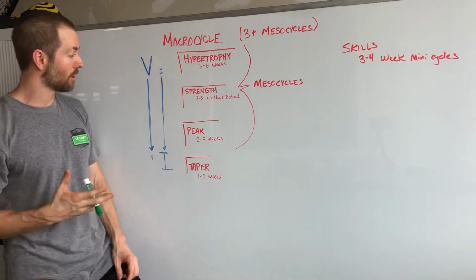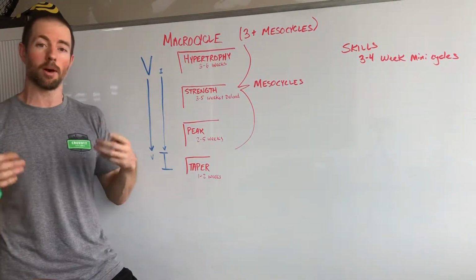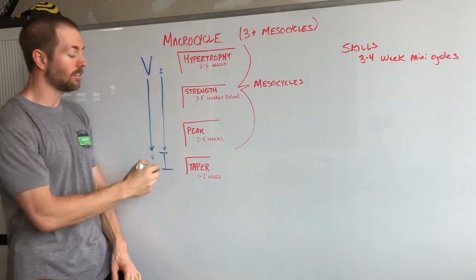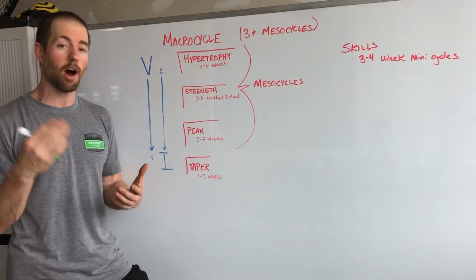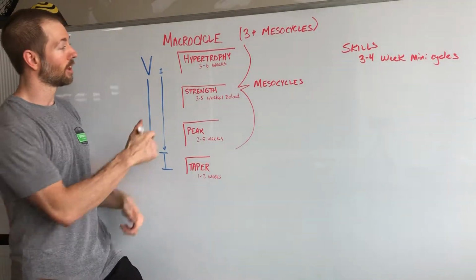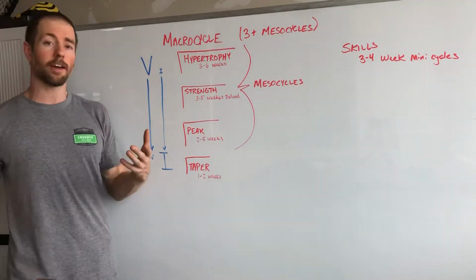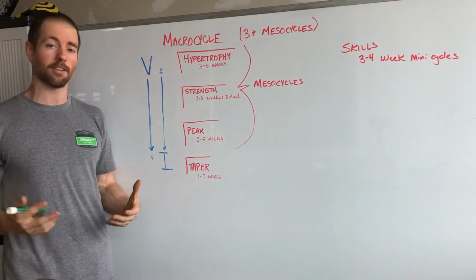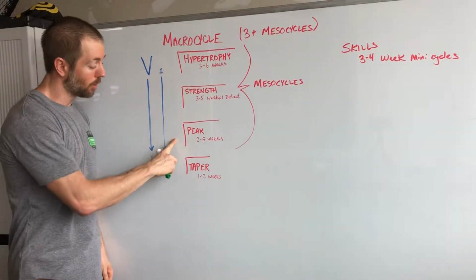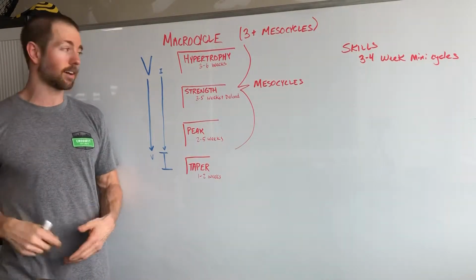The higher, heavier weights are a lot more taxing on our body, so we don't need to do as much total work when we're up into those higher intensities. Intensity can just really stand for how hard we're going. So this can be weight, and so the intensities in our hypertrophy phase are going to be between that 50 and 65, 70%, somewhere in there for the most part. And then as we go up and up, our weights get heavier and heavier, and so the intensity gets higher.